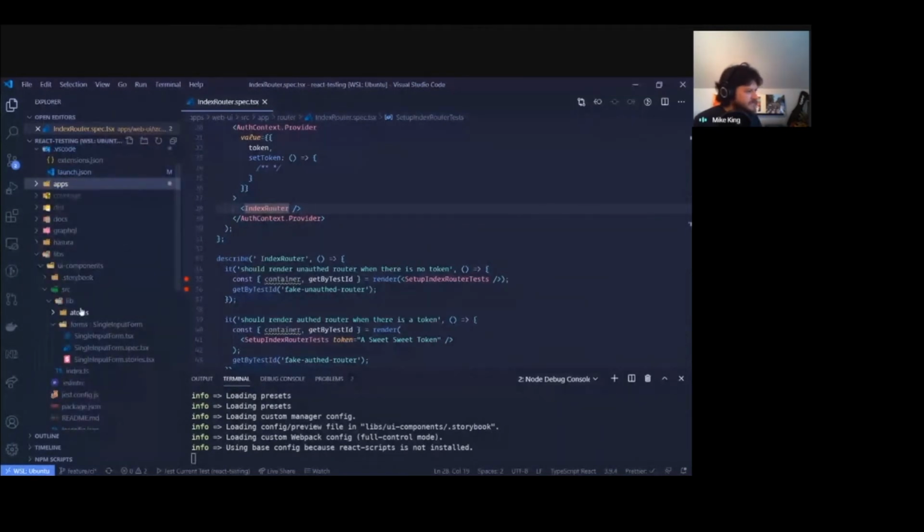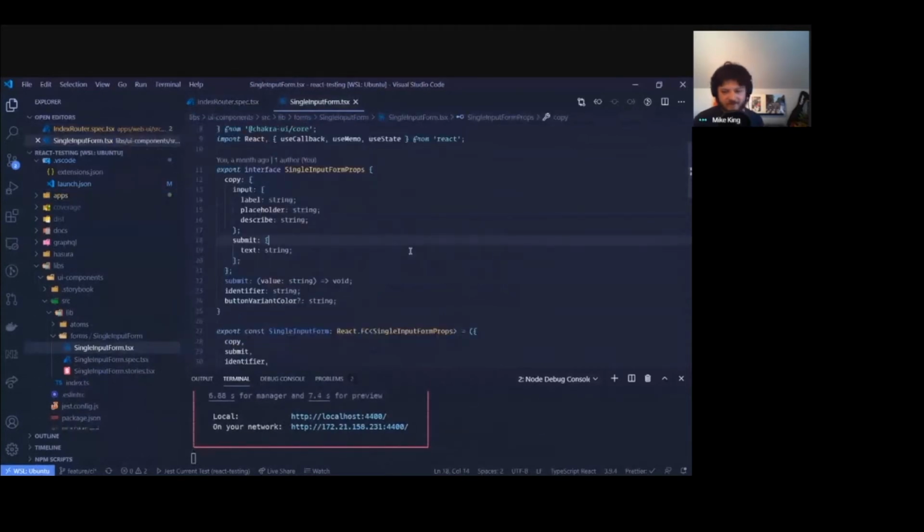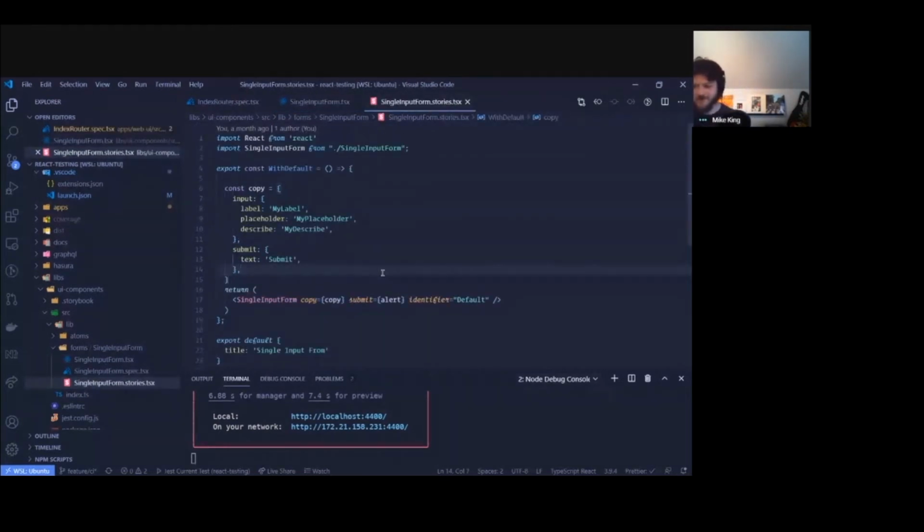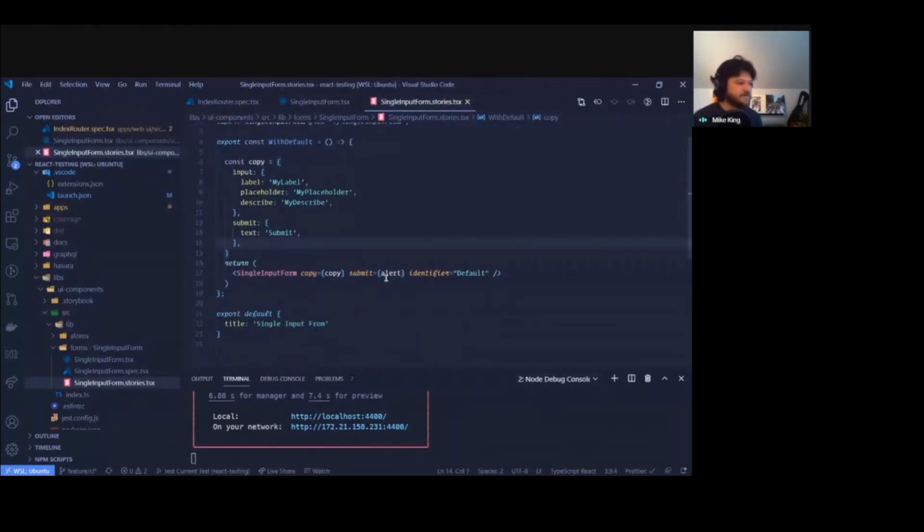So head back to our UI components. Right now we just have a single input form, which is a rather simple form. It's just got one input field and a submit button. These are the various things it takes in. It needs a submit function, which takes that value. It needs some text values to place on the form itself, and the story we've set up for the Storybook using this component. So it's going to be a single input form, and these will be the values we pass into it. Once we serve that Storybook,